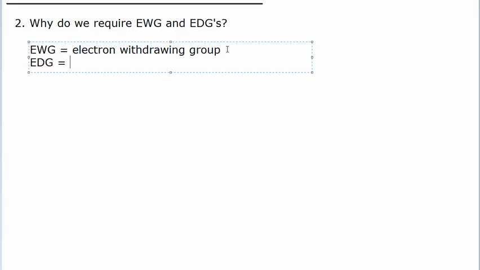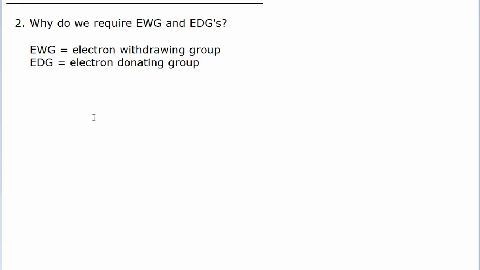An EDG is something we call an electron donating group. A donating group is anything that can contribute electrons, such as a lone pair, into the pi system that we're looking at, and an electron withdrawing group is anything that takes it away. In other words, the real question is, if we have a diene and a dienophile, and we propose this sort